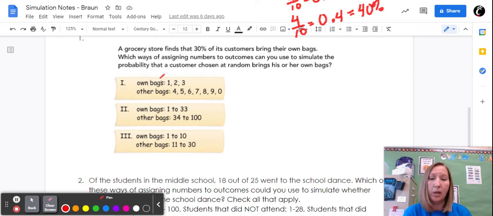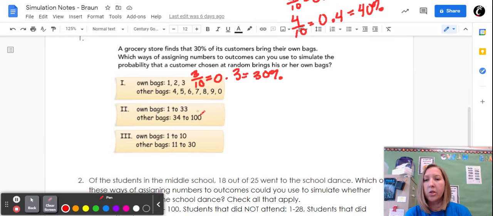So in this first example, we have own bags would be assigned to the numbers 1, 2, and 3. And then other bags would be assigned to 4, 5, 6, 7, 8, 9, and 0. Okay, so first of all, we count and we look at how many total numbers we're using here. So 1 through 0 or 0 through 1, there are 10 numbers there. So using their own bag, that would be 3 out of 10. So we could write that as 3 over 10, which is equal to 0.3, which equals 30%, which matches what